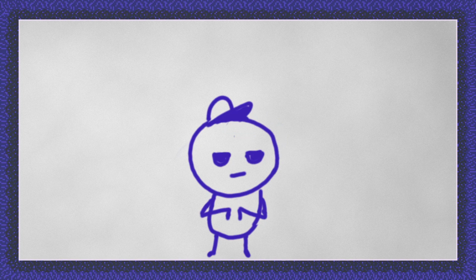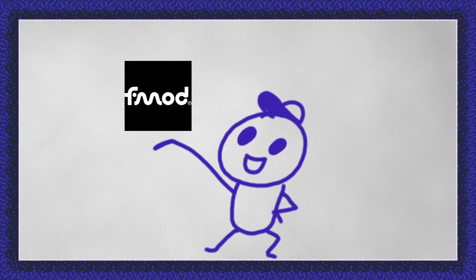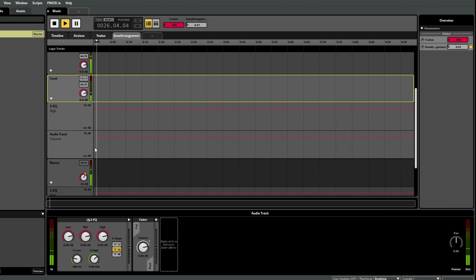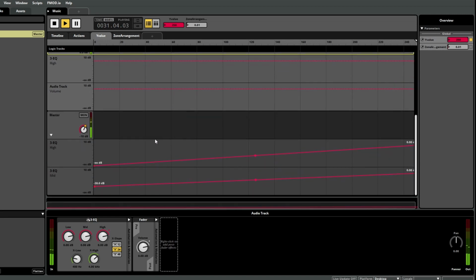Now, a lot has changed since early 2020 in FMOD. They have completely changed how you reference audio events in code and updated how you alter parameters as well, and so it's much more streamlined now, which is way more artist friendly. But that does mean I'm gonna have to go back and change everything about my old code and FMOD integration.